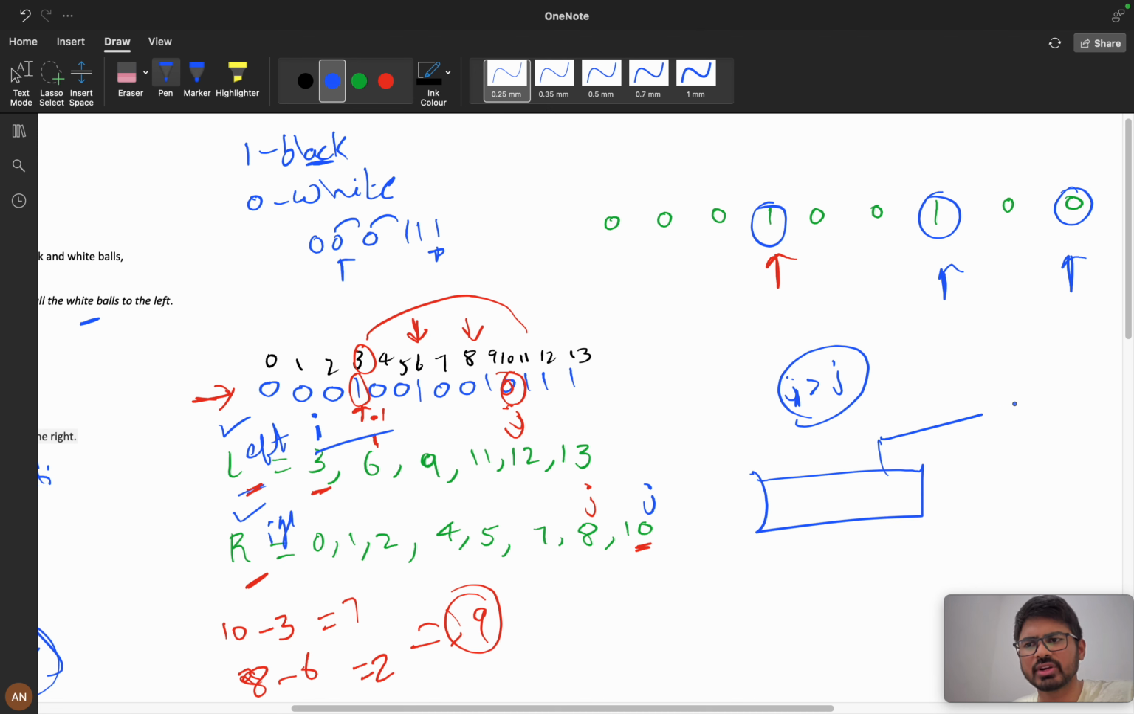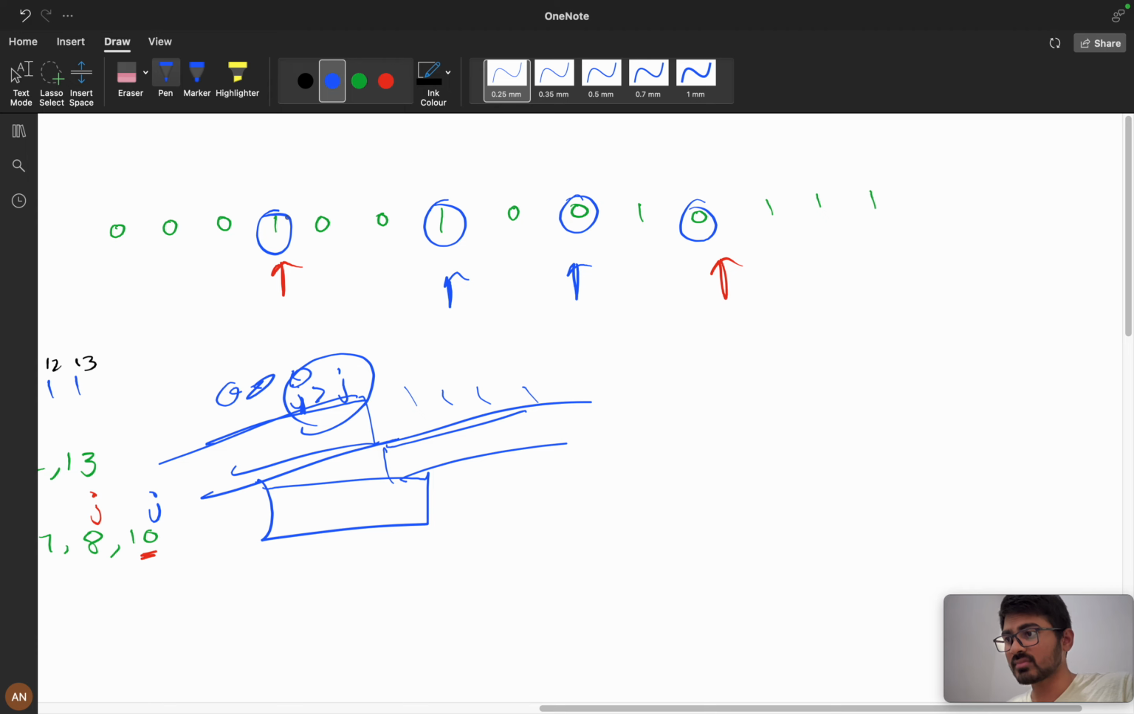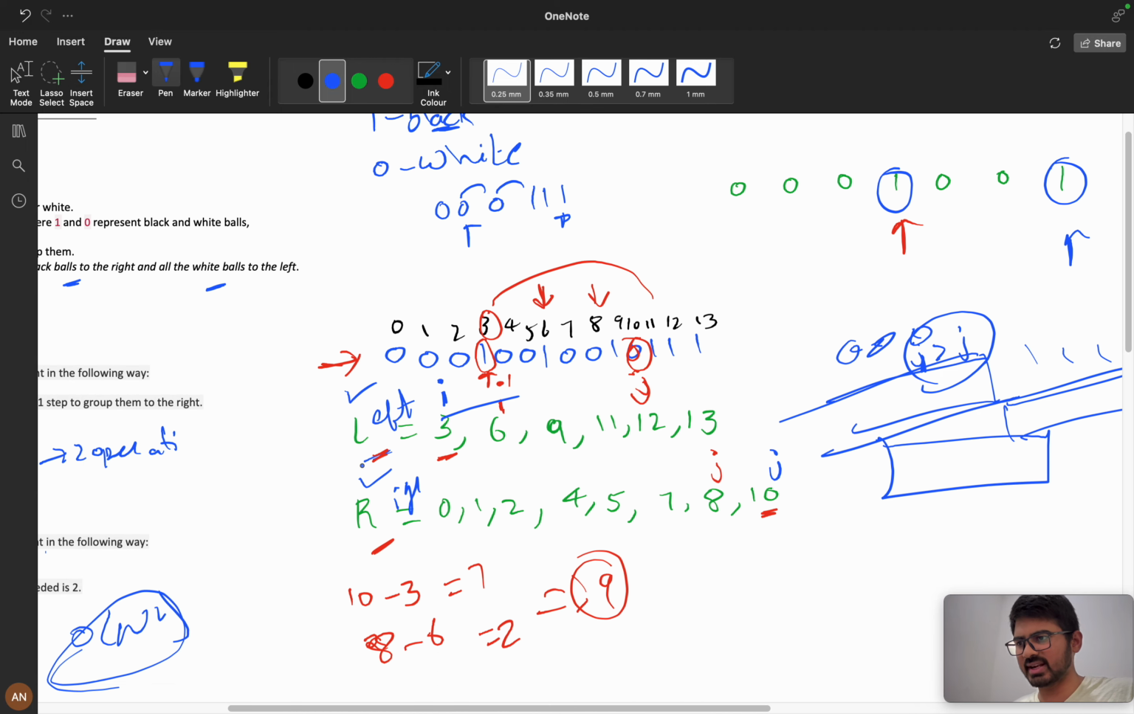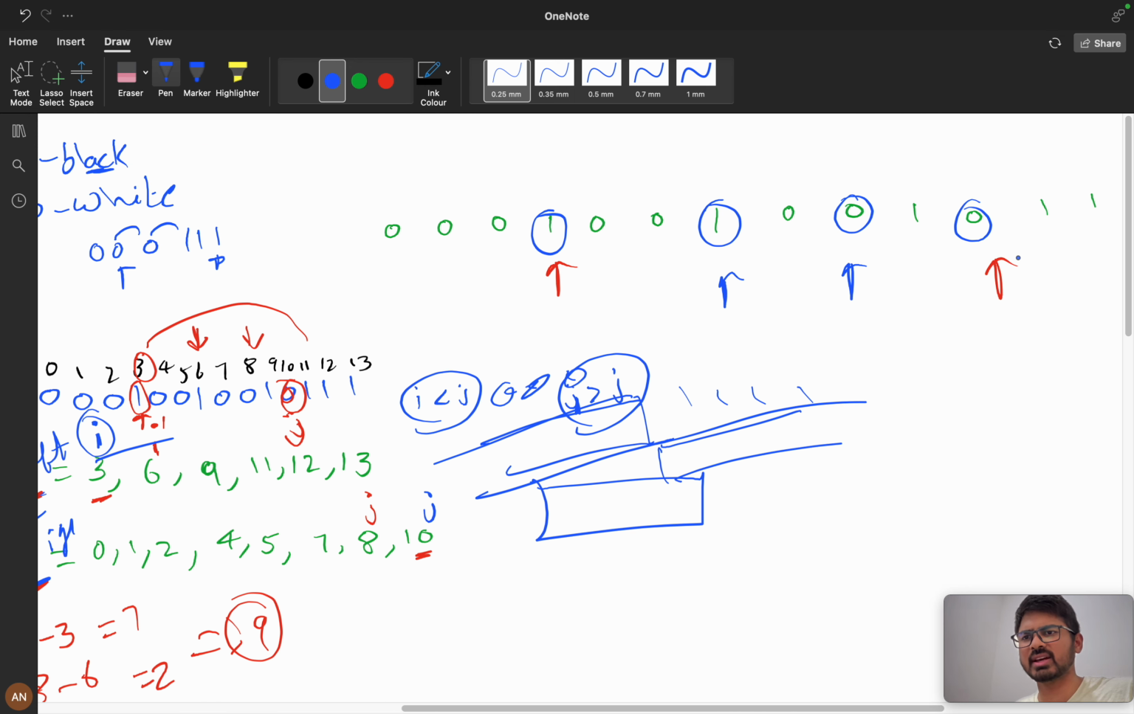adjusted, because i is going towards the right side and j is going to the left side, and here we can have all zeros, here we can have all ones. So I think you understood this. We have used indexes left and right, and we will iterate till i is less than j. When i is greater than j, we will break out, because all elements got adjusted, and we are subtracting